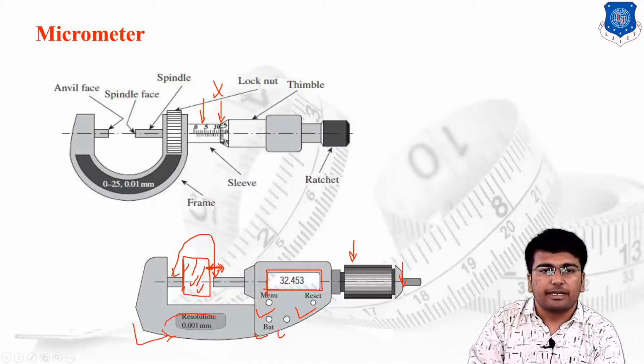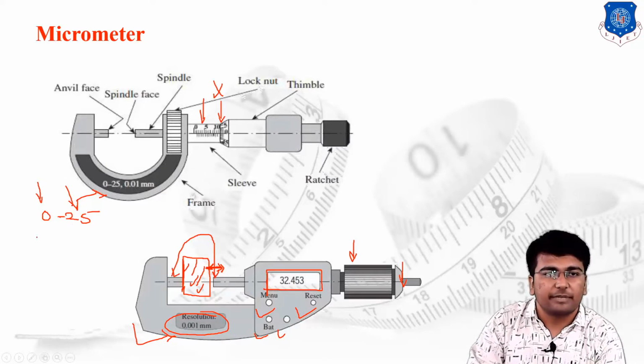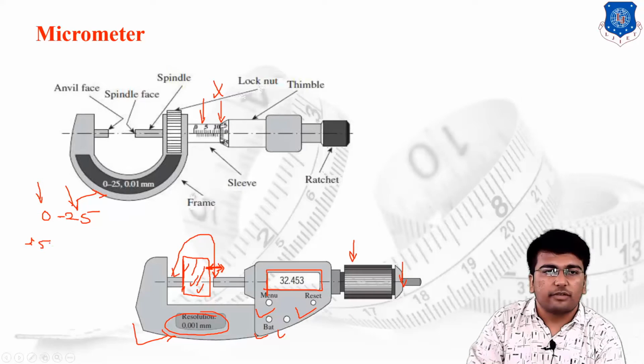The particular instrument itself has 0.1 mm of accuracy. Here you can check this 0 to 5, it shows this range. We have already discussed the static characteristics. Range 0 to 5 means the region in which your instrument can be used for the measurement. The difference of the largest value to the smallest value is known as the span. This is the span of the instrument.